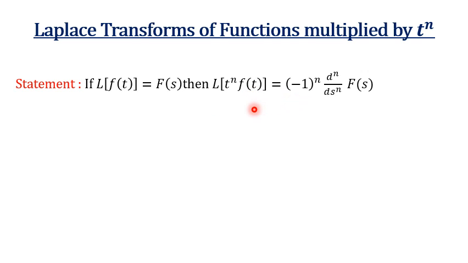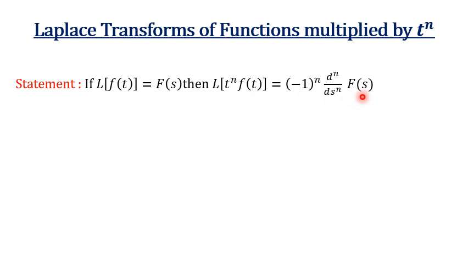So meaning of this property is, if your function f of t is multiplied by t raised to n, here n is a natural number, so possible multiplication of this t raised to n to this f of t is like this: t square, t cube, t raised to 4, in this way. So if you want to take the Laplace transformation of t raised to n into f of t, the formula works like this. You have to replace this t raised to n by minus 1 raised to n and derivative with respect to s nth time, and this F of s is nothing but Laplace transformation of this f of t.